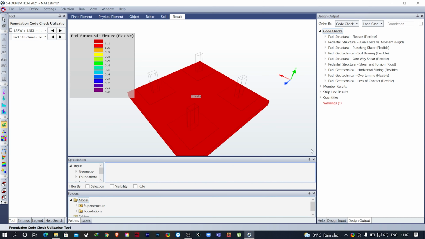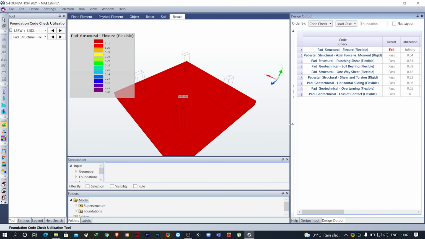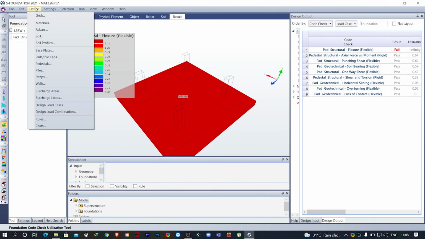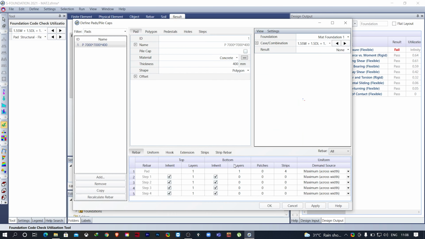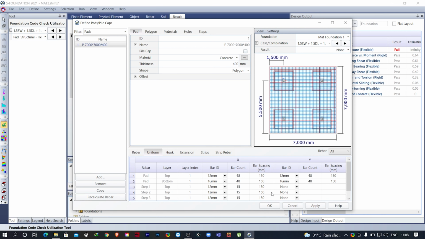Now if you go to the design output, it is failing. You can see it is failing in flexure. So I will provide bottom reinforcement also here. I will go to define again, pad or pile caps. Here for the steps, I will go to uniform, and provide bottom reinforcement also.